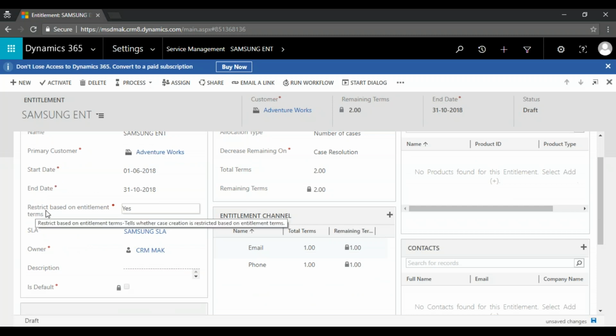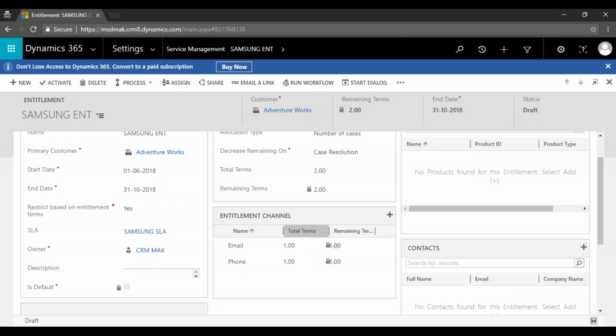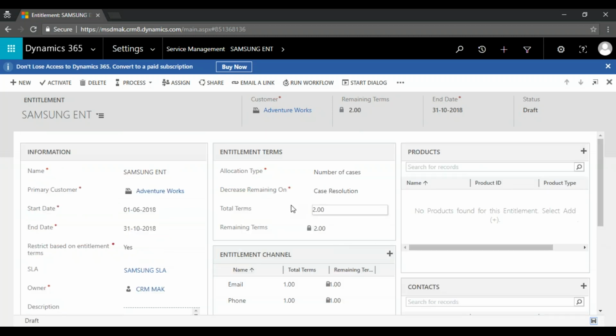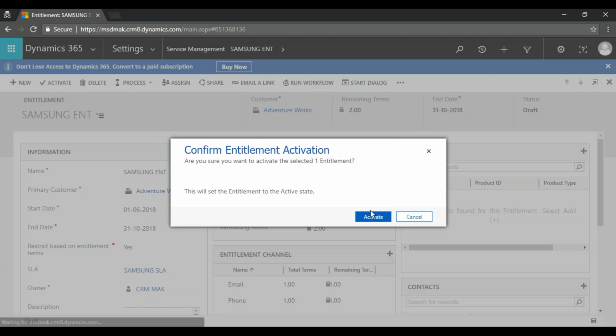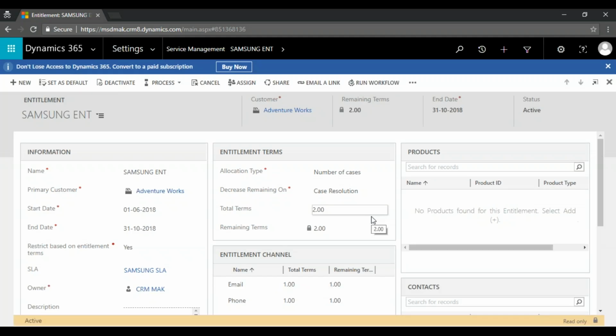Restrict, yes, we are going to say here, restricted based on the entitlement. So we are going to provide in this contract 2 supports. One is through phone call and one is through email. Now I'm going to activate this one. So we are done with the configuration.